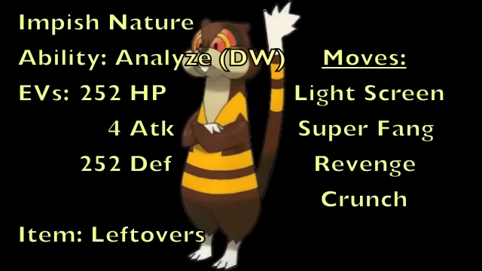This next set is going to be one that tries to make Miltank last as long as possible in battle and do a lot of damage at the same time. So we're going to give him an Impish Nature to increase its defense and decrease its special attack. And since we're not using a nature that increases your speed or any EVs that will be put into speed, we're going to be using the ability Analyze so that it will get a power boost when it moves after